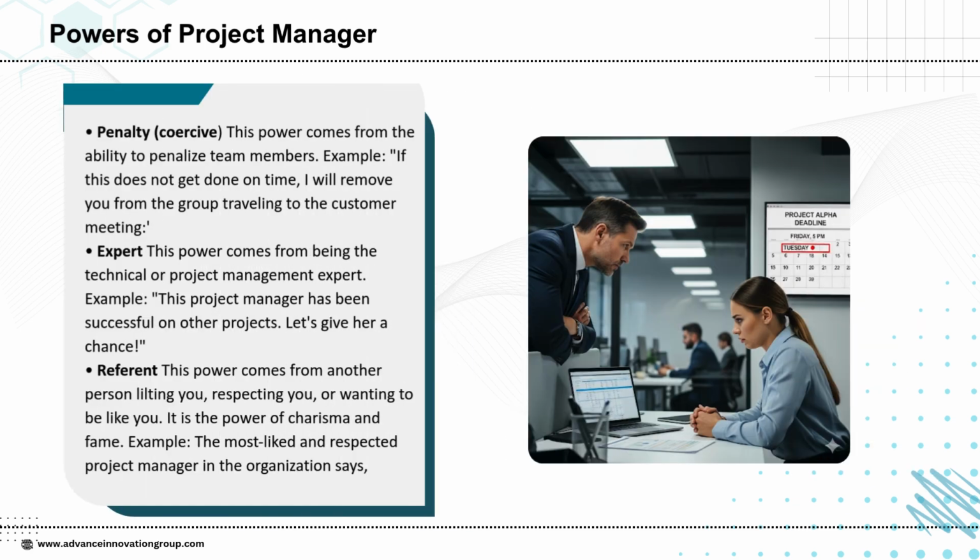Another important type is penalty or coercive power, which comes from the ability to penalize team members if they don't perform. For example, a project manager may warn a member that if the task isn't completed on time, they will be removed from an important assignment or opportunity. While this power can be effective in the short term, it should be used cautiously, as it may lower morale